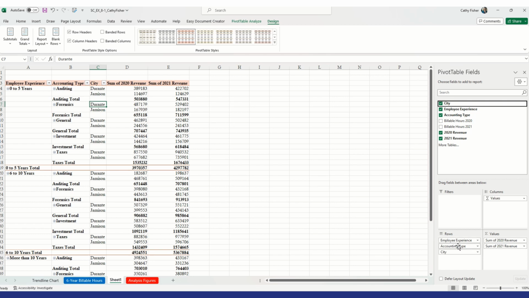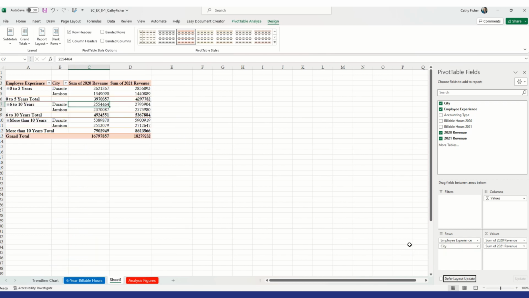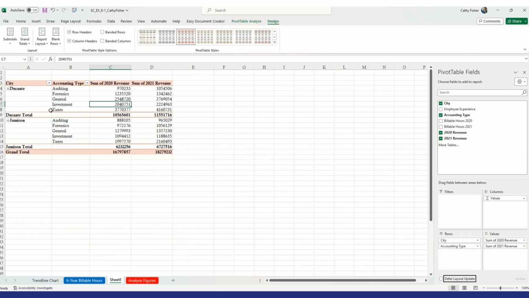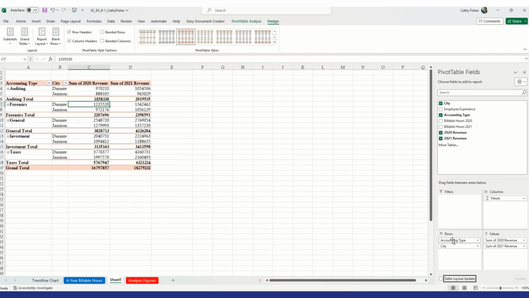We could remove the accounting type and have those that are part of the city with their employee experience. We could bring back our accounting type, and we could get rid of employee experience, and we can see that we now have the city by accounting type. Or if I wanted to, I could just move my accounting type up a row, and now I can see what it's grouped by